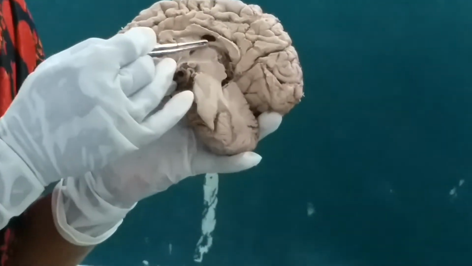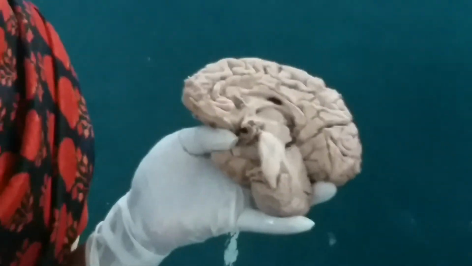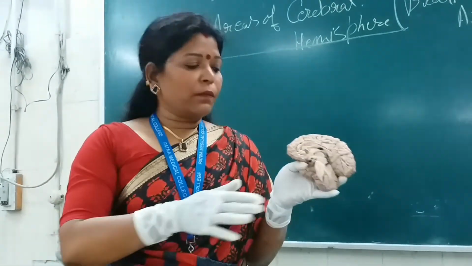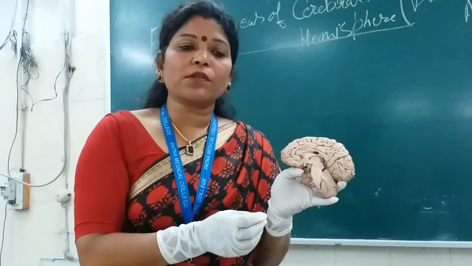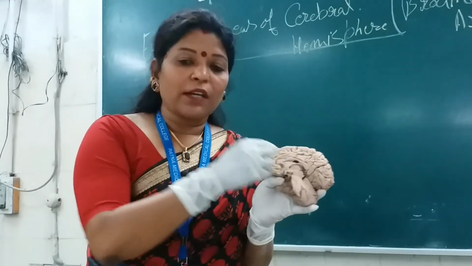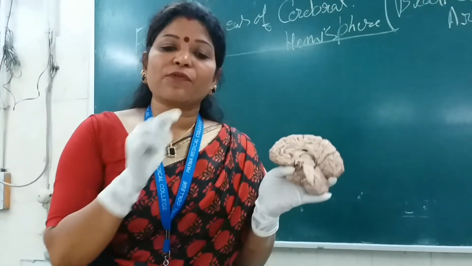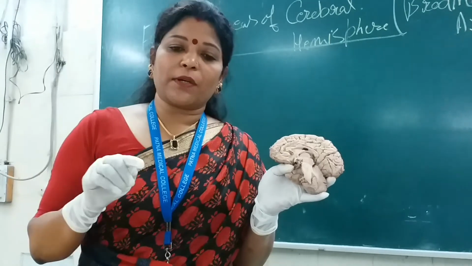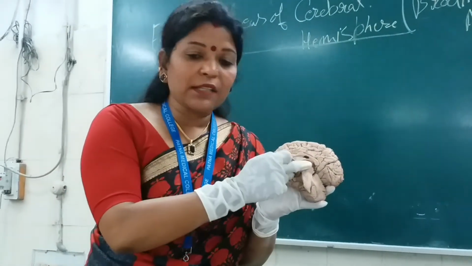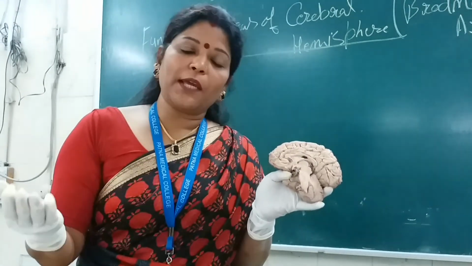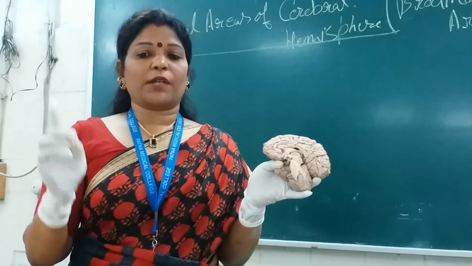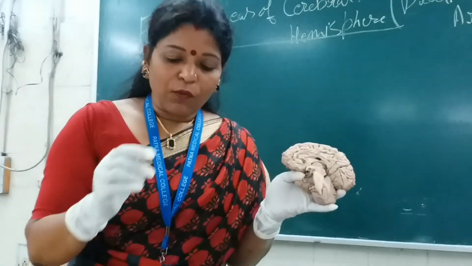So the fornix. What is the fornix? Anyone? I am saying all these structures because you must remember this nomenclature in your mind. In which chapter do we have to read this fornix? Suppose you are asked about the limbic system, the hippocampal formation. Then you must be acquainted with where these structures are present. Then you will be able to understand how it participates and helps in their function properly. Okay. So anyone, what is fornix?